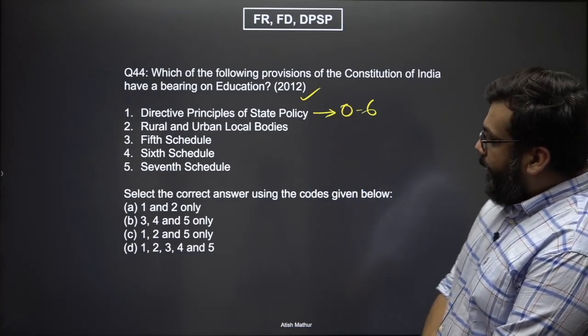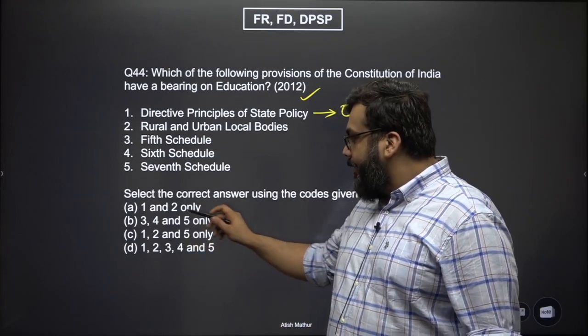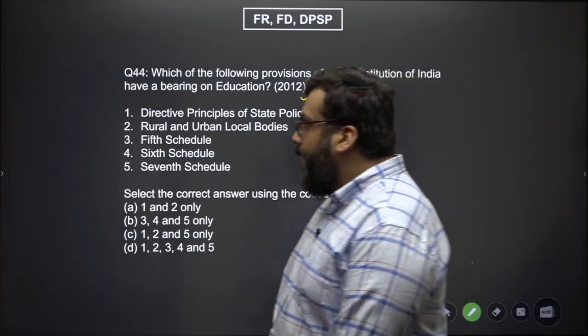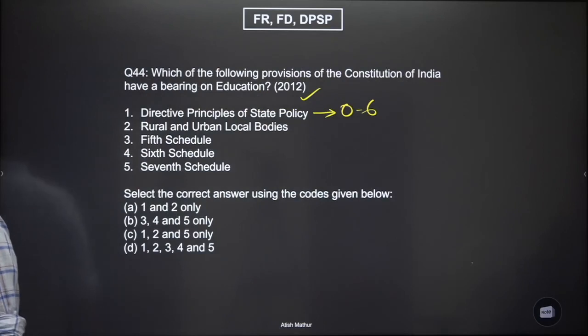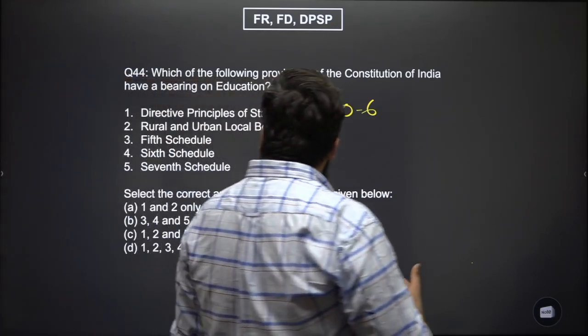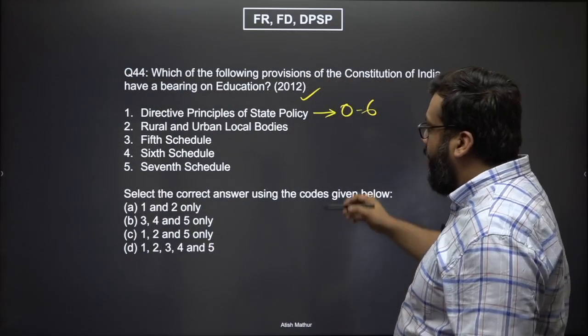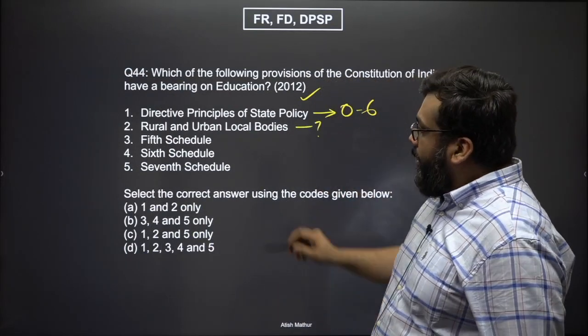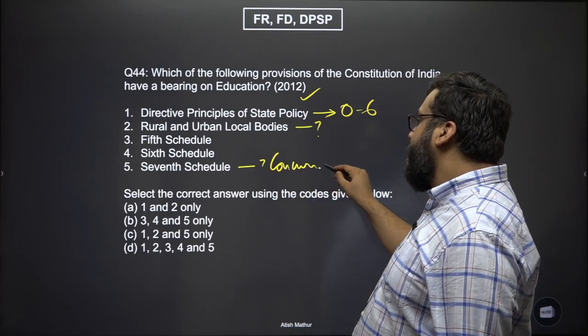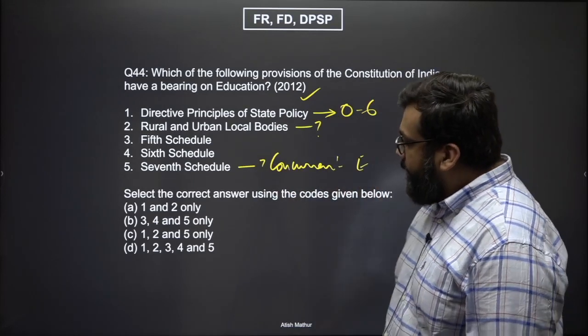Can we eliminate 2? Because except for B, everything else also has 2. Rural and urban local bodies. What about rural and urban local bodies has anything to do with education? Education is in the concurrent list, and if education is in the concurrent list, which means both the center and the states should have the power to do this. But do rural and urban local bodies have anything to do with education? Maybe, maybe not. Okay, let's keep it here. Does 7th schedule have anything to do with education? Yes, because it contains the concurrent list which has education, which means